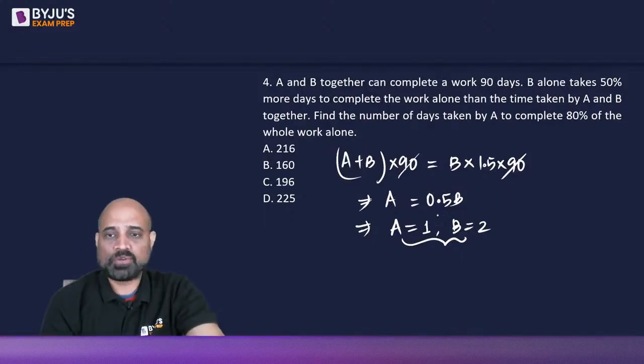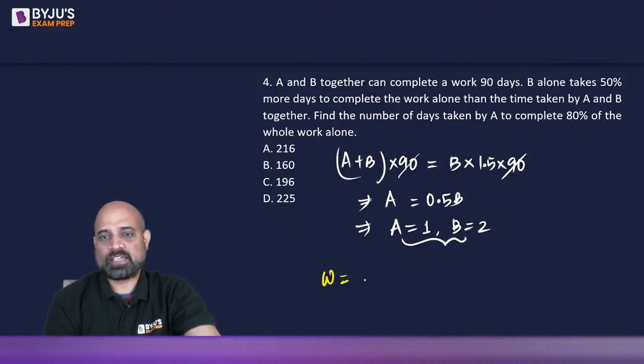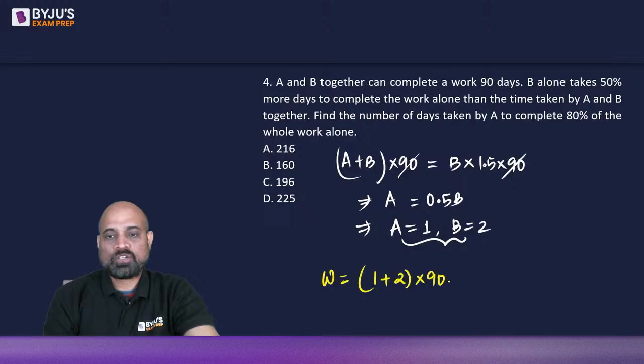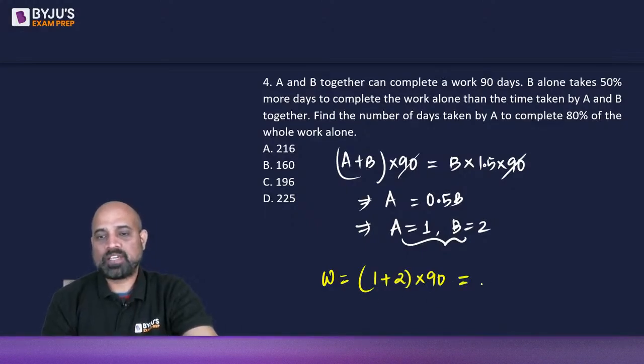If this is known, then we can say that the work is A is 1, B is 2 into 90. So this is going to be 3 into 90,